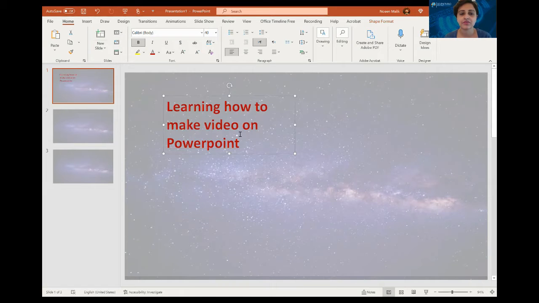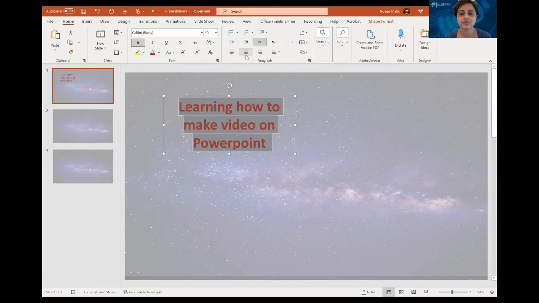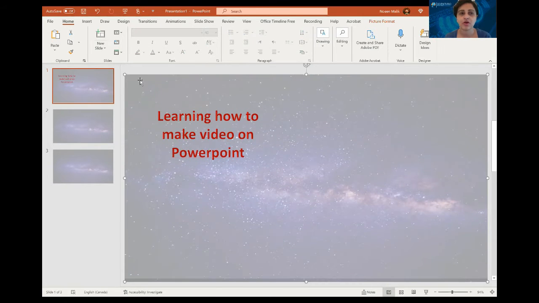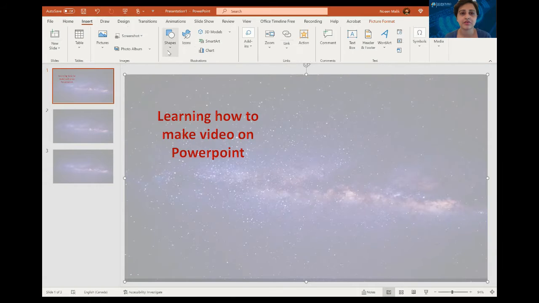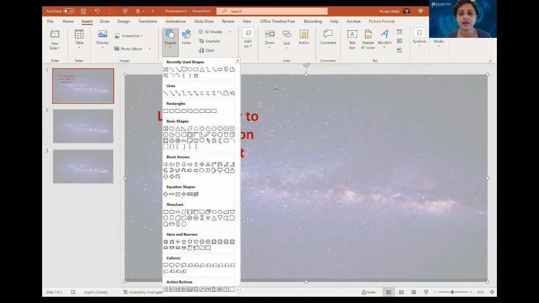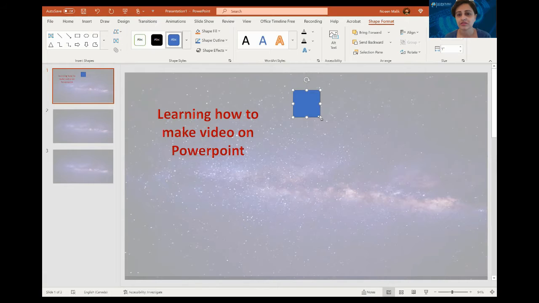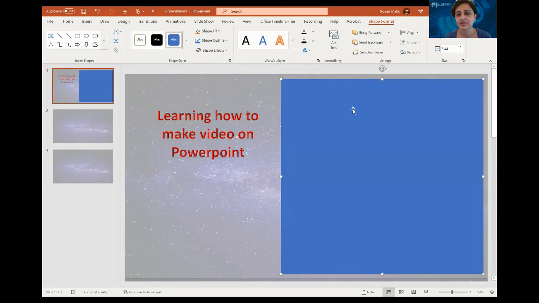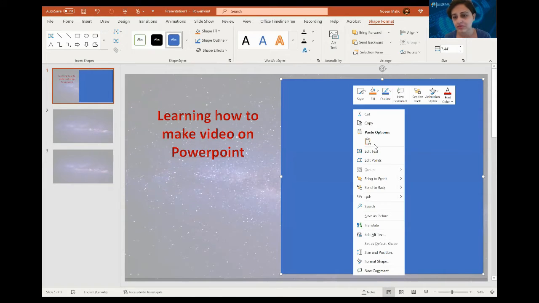And let me move this to the middle. And we can even put a box here. So I will go to insert, again I will go to the shape. I can put a box and I can make this box bigger. So maybe I can insert a picture in this box. If you go here, you can edit the text in this box, but we actually want to add a picture to this box, right?